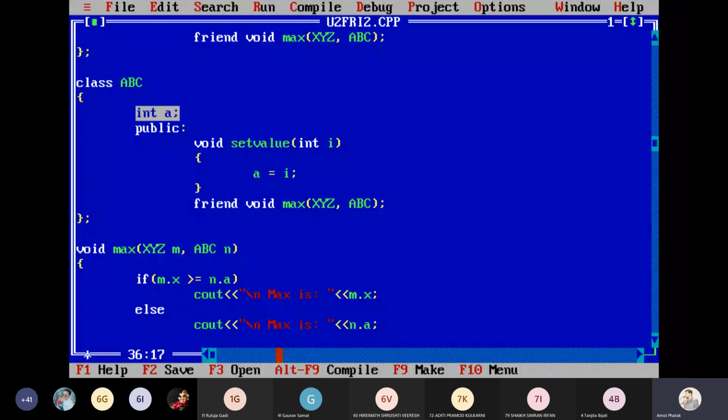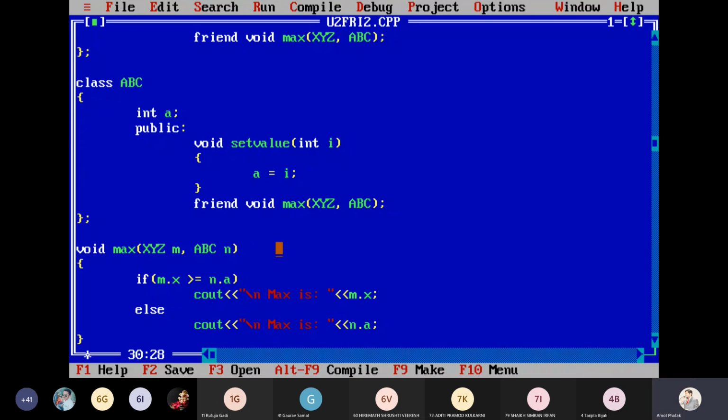So this function will display the maximum value between the internal data members of the classes ABC and XYZ. Is it clear to all? This also indicates that through this friend function, I'm accessing the private data of both classes.